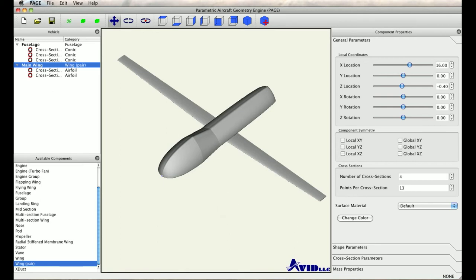Welcome to the second part of our AVID page demonstration. In this second part, I will be demonstrating to you the advanced features of AVID page. As you recall, in the first part, we created a Predator UAV fuselage and a wing, and I showed you how easy it is to just put together these geometries. In the second part, I'll show you some of the more advanced features such as grouping, symmetry, and also the mass properties tool. So in this Predator UAV right now that we created in the first part,